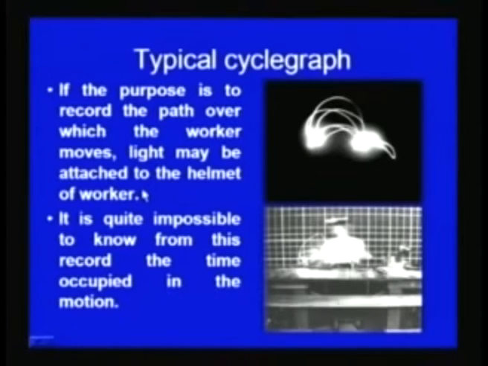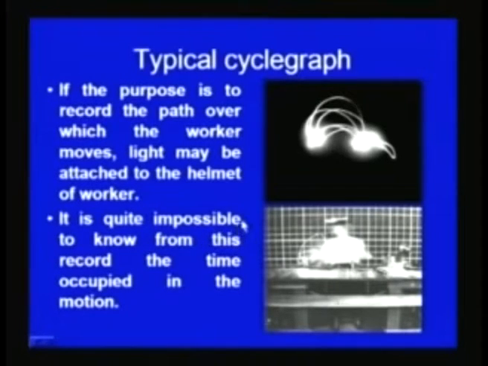So, if a general pattern of the movement of the human being or of the operator is required, then a light source is fitted in the helmet of the worker, which will give the general pattern of the movement of the worker in the course of production. But it is difficult to find out how much time is being taken to move the hand from one location to another,